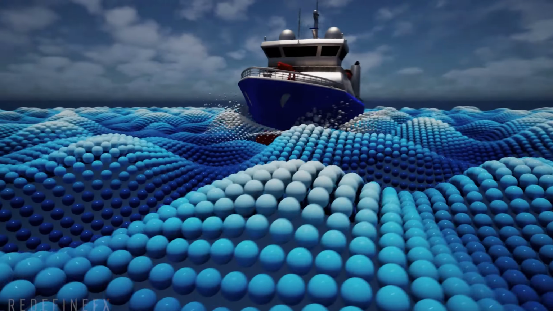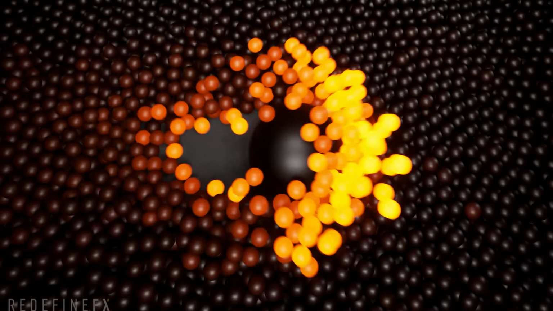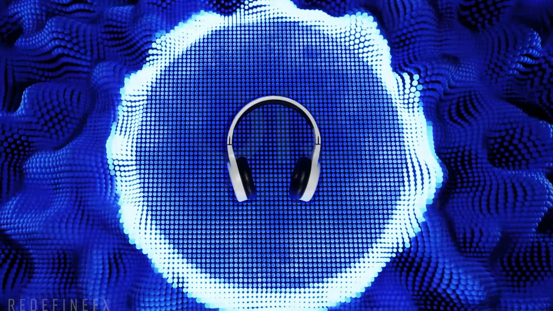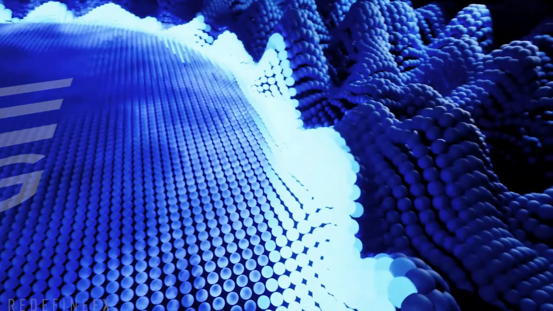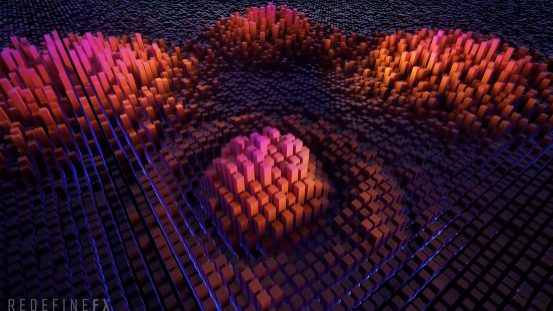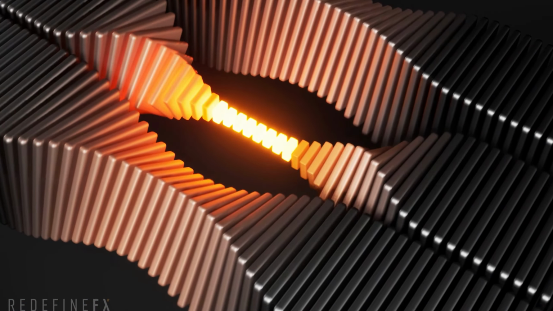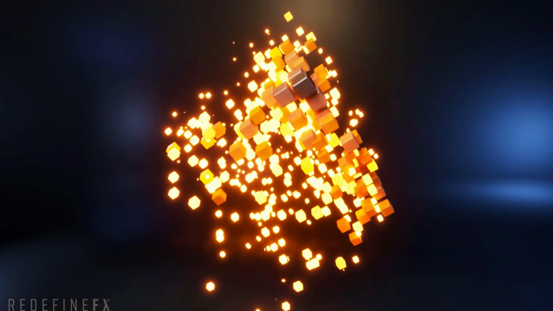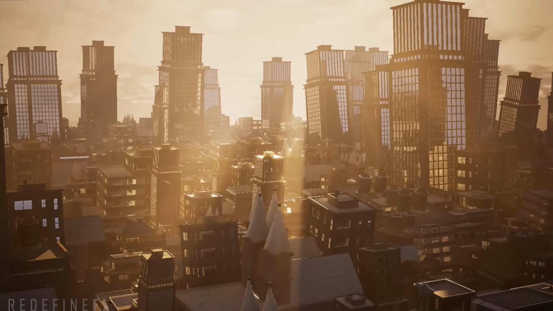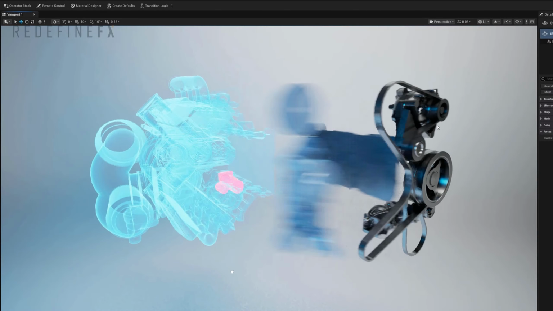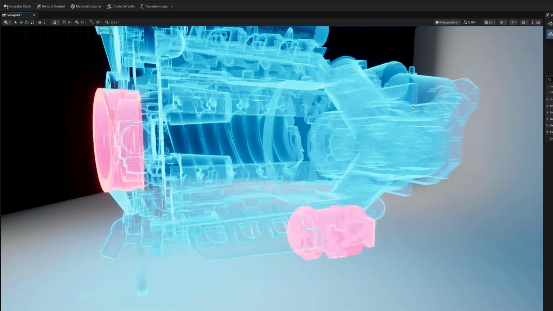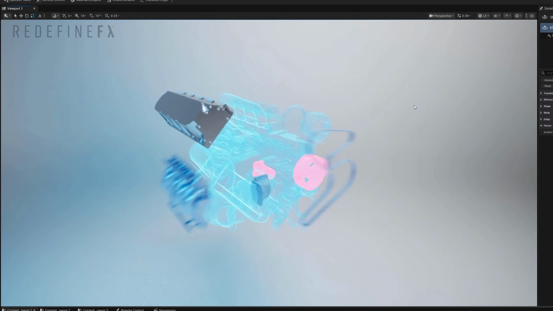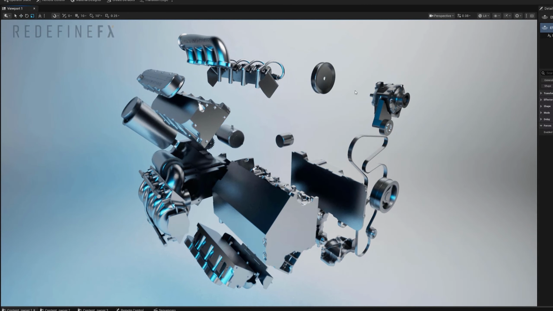Also in this course, there were about 10 examples that we set up together. There are over 35 in the course, and this is just a quick selection of them. So really, the amount of skills and knowledge that you gain goes far beyond what we managed to cover here together so far. Some of my favorites include these product visualization exploded views that you can do with the free